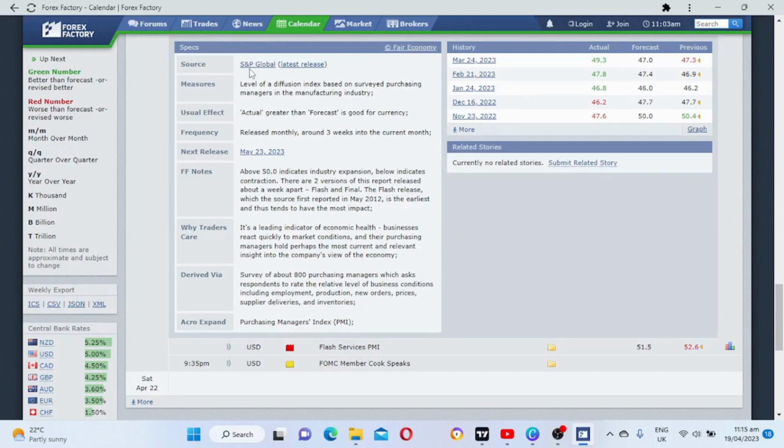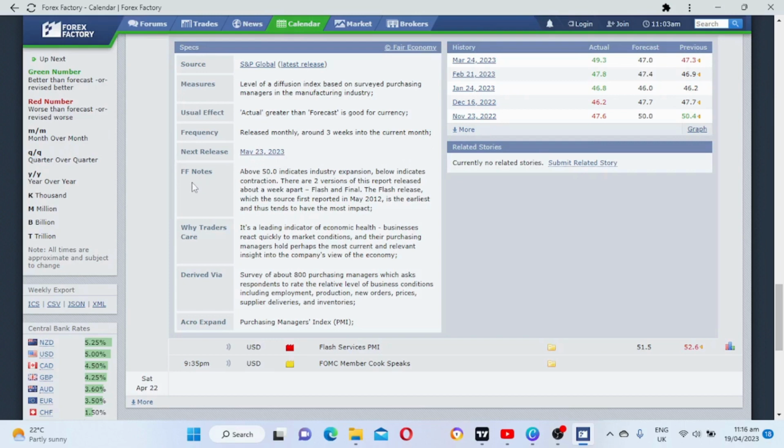The source is S&P Global, which measures the level of a diffusion index based on surveyed purchasing managers in the manufacturing industry. Usual effect: actual greater than forecast is good for the currency. If the actual is greater than forecast, then it's good for the US dollar. Frequency: released monthly around 3 weeks into the current month. The next release is on May 23,